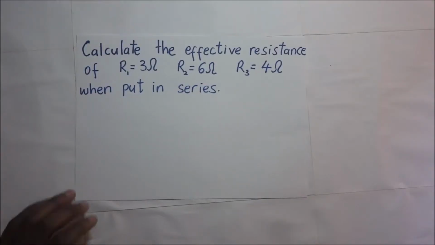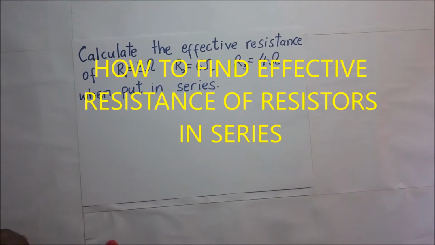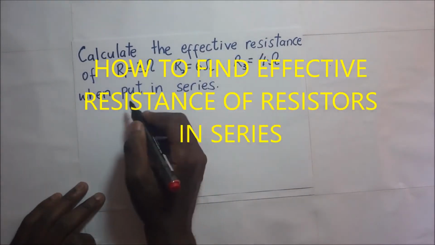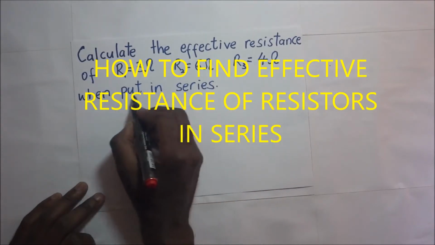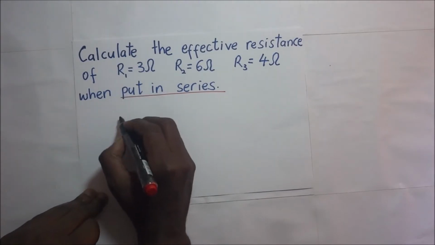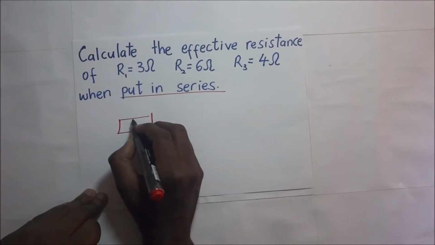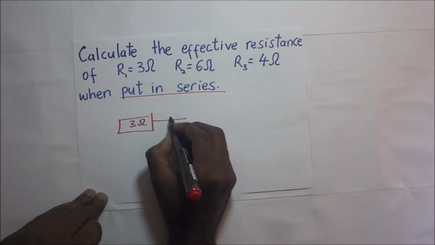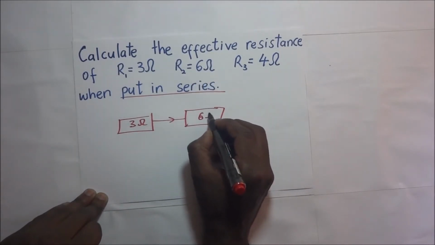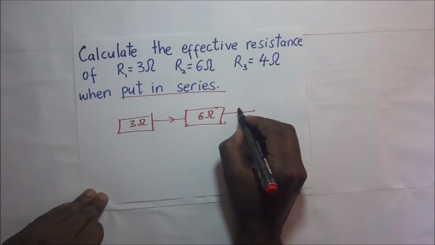In this example right here, we are being required to find the effective resistance for these resistors R1, R2, and R3, and the key thing here is that they are put in series. So if we are to draw a sketch, we have this resistor right there, 3 ohms, it's in series with another resistor here, 6 ohms, and another resistor right there,